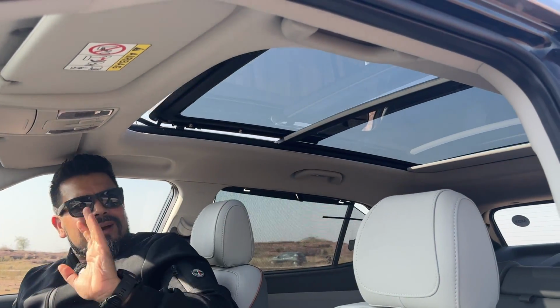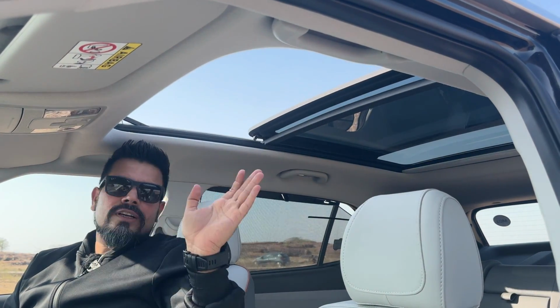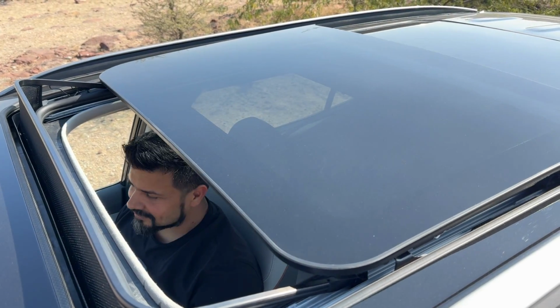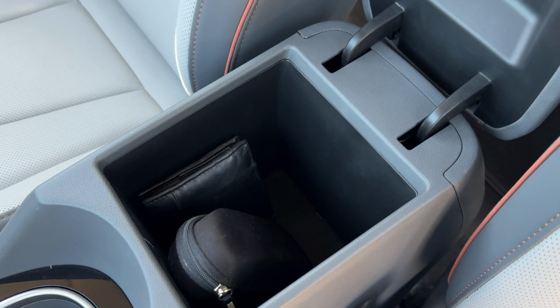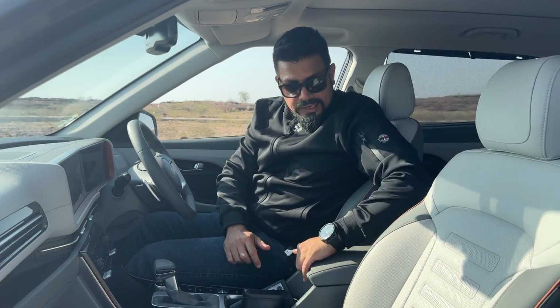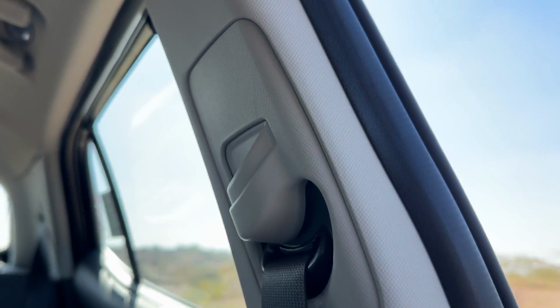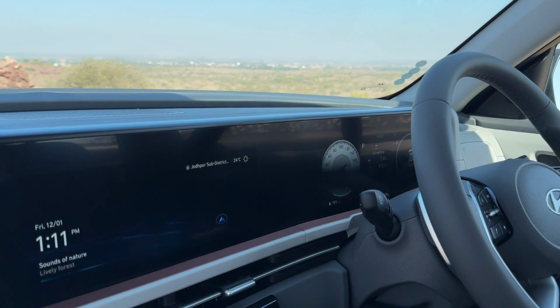It's completely a one-touch operation and you just have to press it once for the entire function to take place, and similarly to roll it back, just a press of a button. Two cup holders, a really generous armrest with a lot of space inside, although this is not sliding or height adjustable. You also get adjustable seat belts, and generally the new 10.25-inch infotainment screen is the same except for the